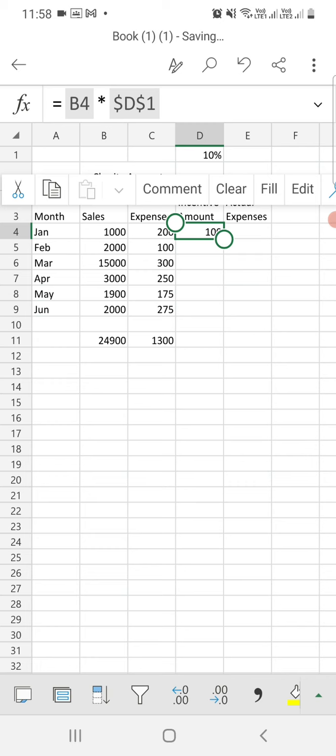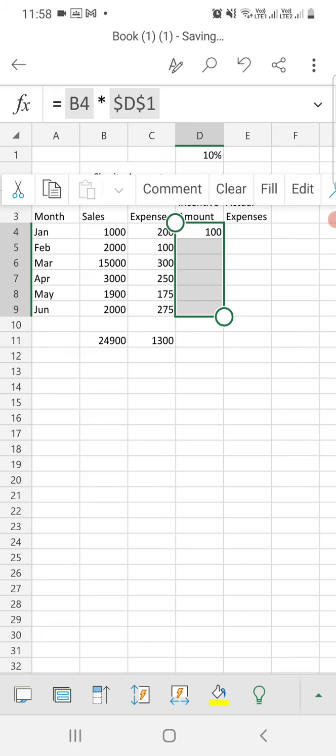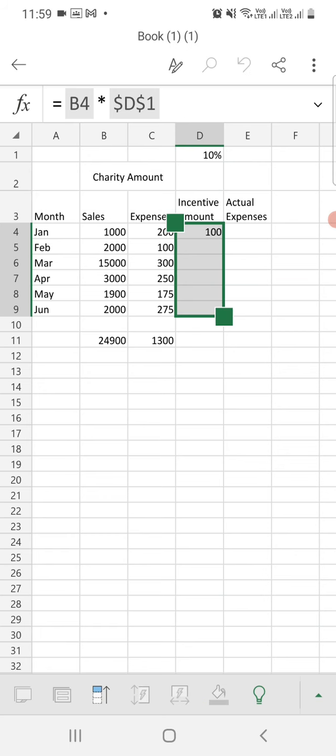Just drag that plus sign, or drag that particular cell up to D9. Okay.